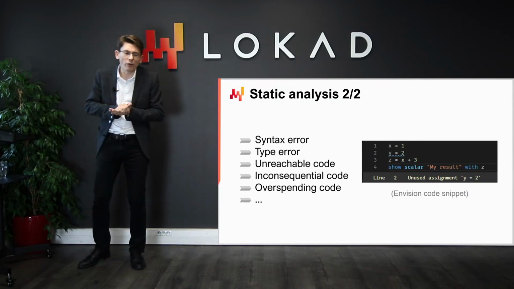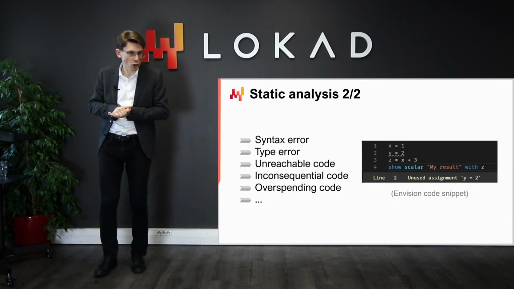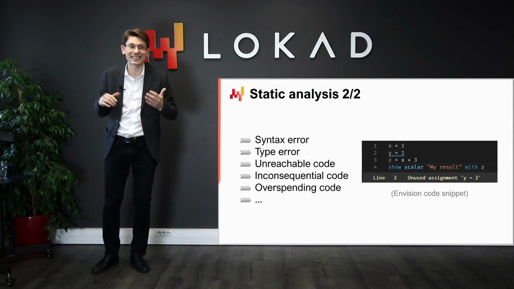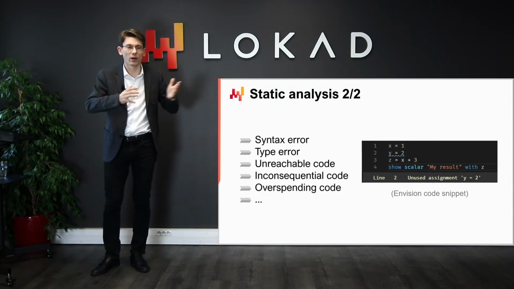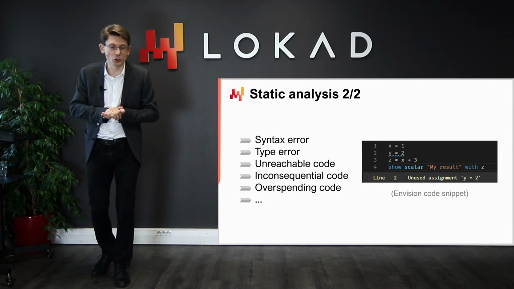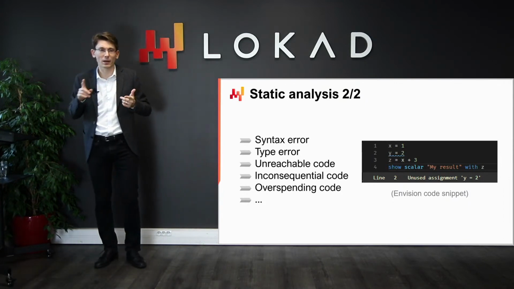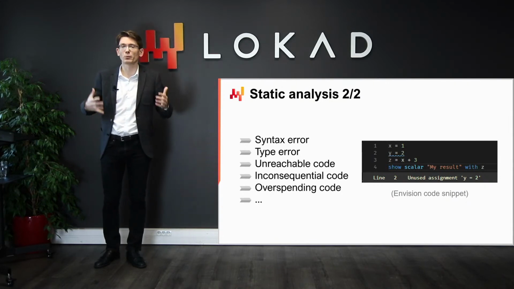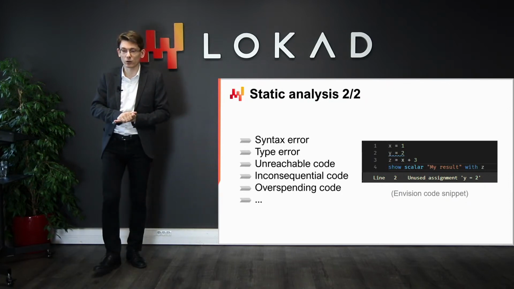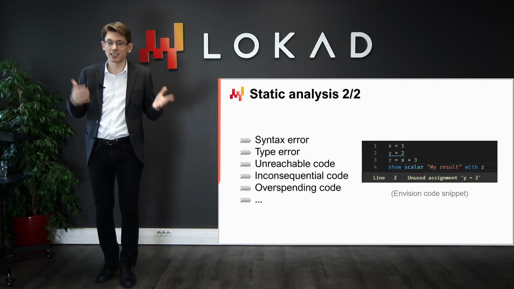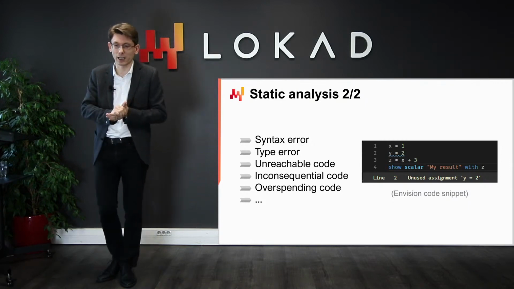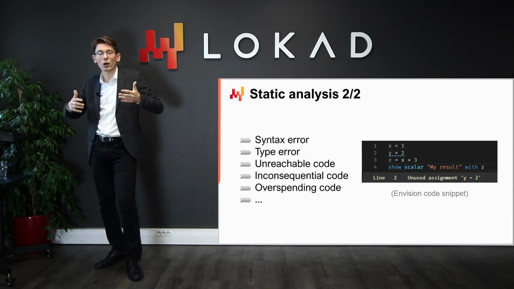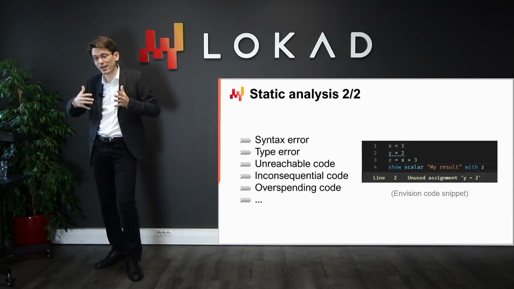And then you have the overspending code. This is code that would just run, except that the amount of computing resources that you would need vastly exceeds what you're ready to afford for your program. You see, a program consumes computing resources: memory, storage, CPU. If you can, through static analysis, prove that you have a block of code that consumes way more CPU than you can afford, considering, let's say, you want the calculation to complete under 1 hour, then you would want this to fail at compile time.